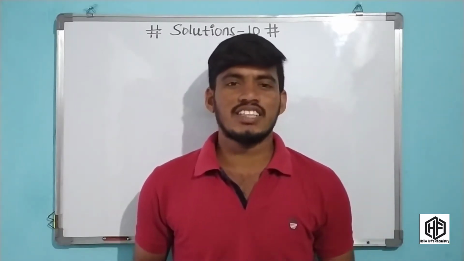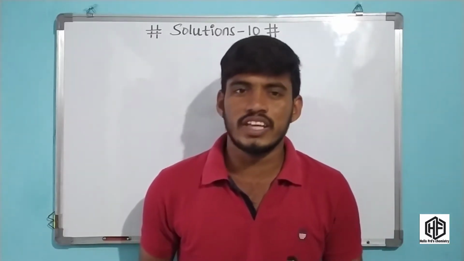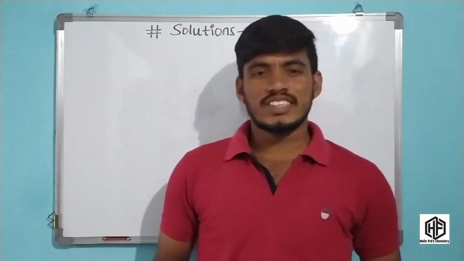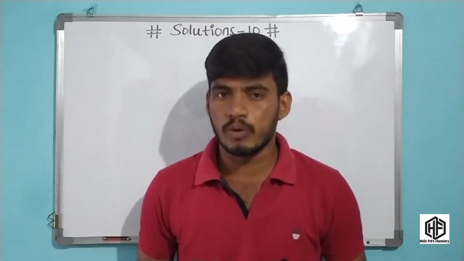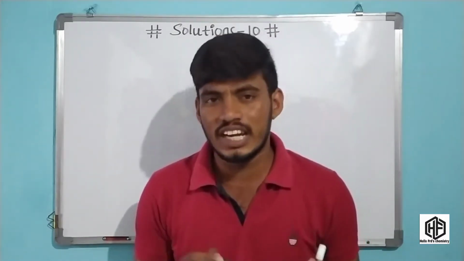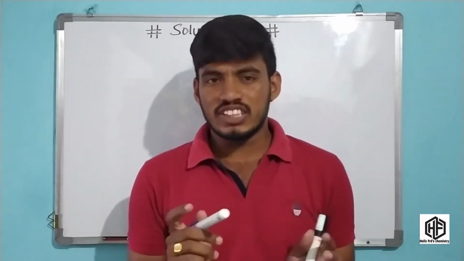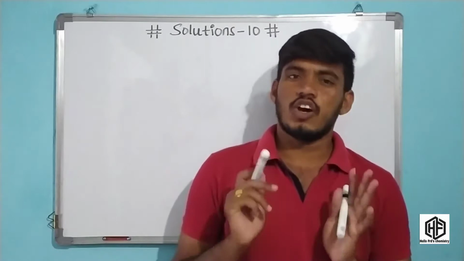In the previous solution class I discussed the non-ideal solution concept. Now in this video I am going to discuss colligative properties. In my previous class, I covered one more important colligative property, called relative lowering of vapor pressure. But in this video I will discuss the elevation in boiling point. Okay friends, now let's start this section.